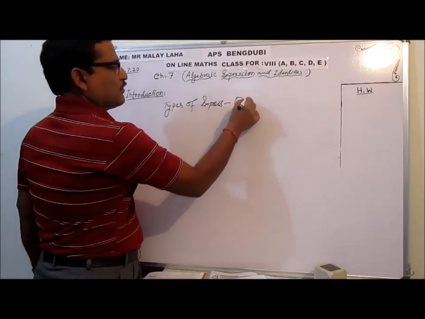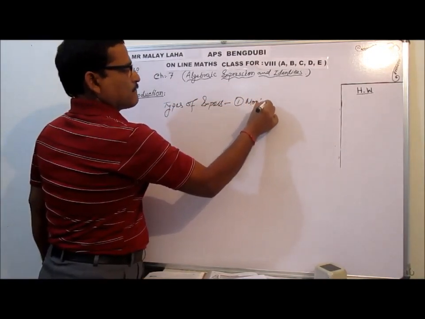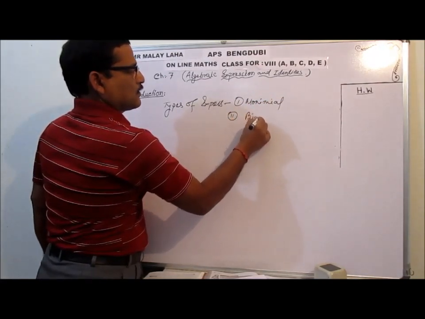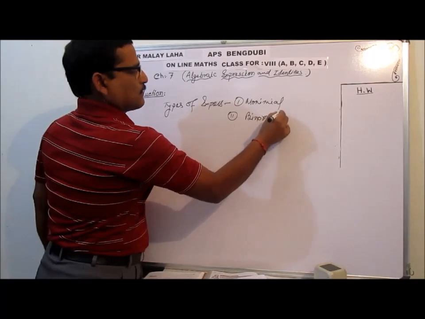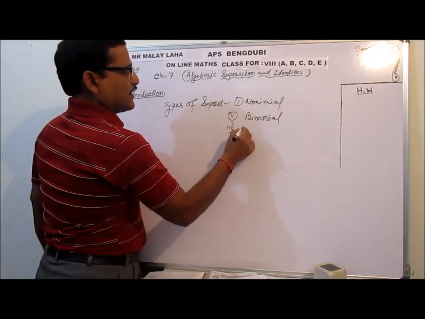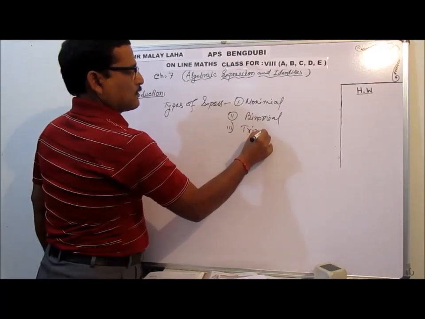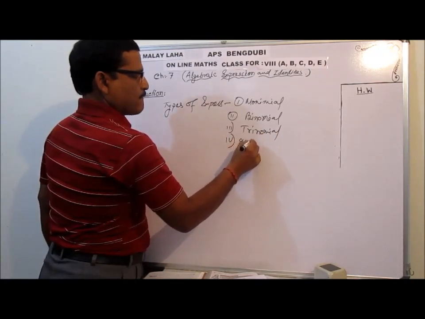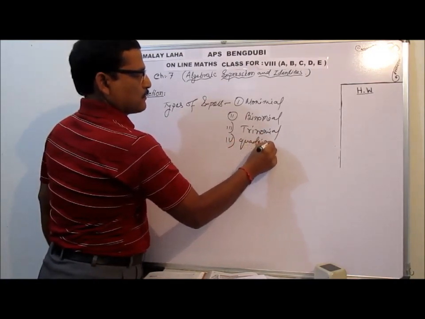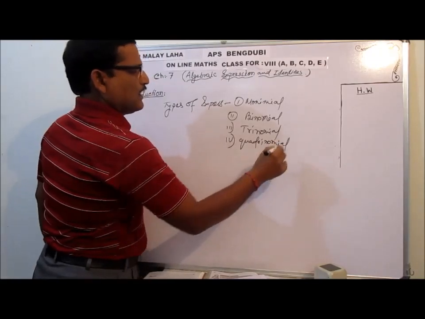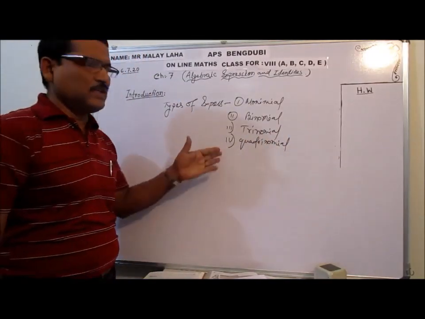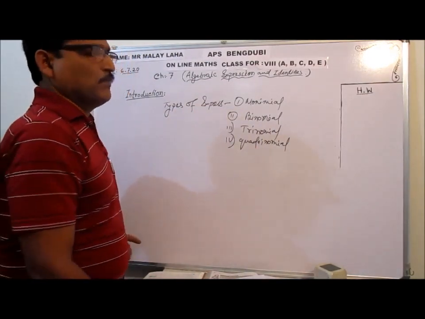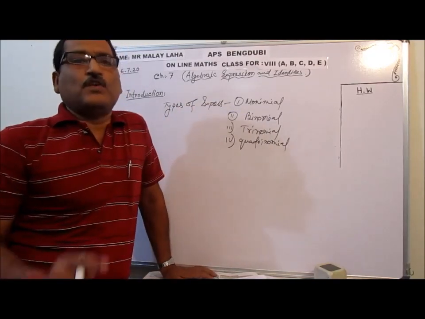So when it consists of monomial, binomial, trinomial, quadrinomial, etc. Pentanomial, hexanomial, octanomial. Generally we take till quadrinomial only. So monomial. Monomial means when the expression consists of one term, say